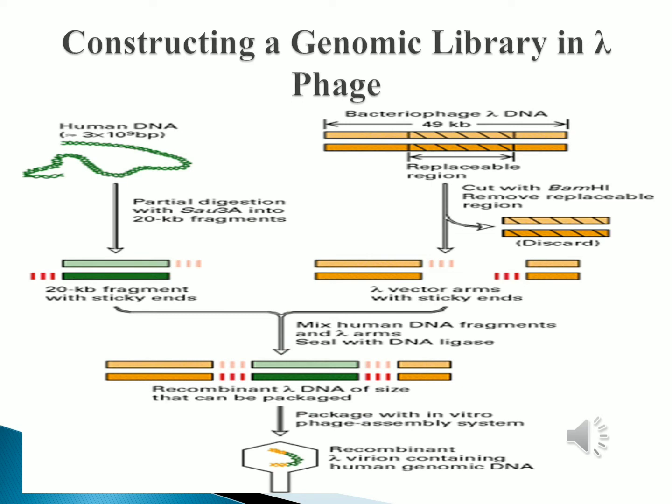Finally, the recombinant lambda variants will be plated on a lawn of E. coli cells to generate a large number of recombinant lambda plaques. Since each plaque arises from a single recombinant variant, all the progeny lambda phages that develop are genetically identical and constitute a clone carrying a particular DNA of interest. The different plaques correspond to distinct phage clones, each carrying a different DNA insert, and constitute a lambda genomic library.